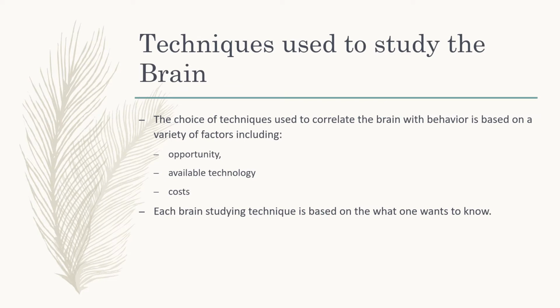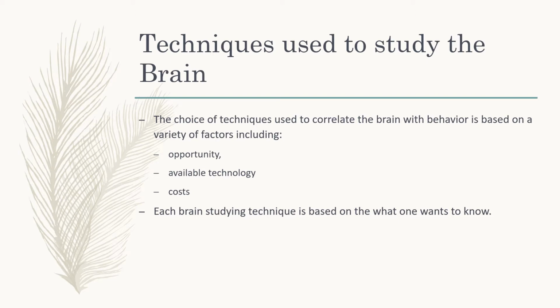Now, getting into techniques used to study the brain, there's a few different factors that lead a scientist or researcher to choose a particular type of technology. The first of these is opportunity. The second one is available technology. Is this able to be brought to them? But the most important sometimes is cost. And I'm probably underrating the influence of cost, but